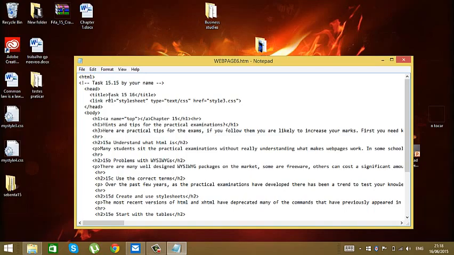So now we're going to page 2 in 15a, "Understand what HTML is". So we're going to open a, space, name equals 15a.